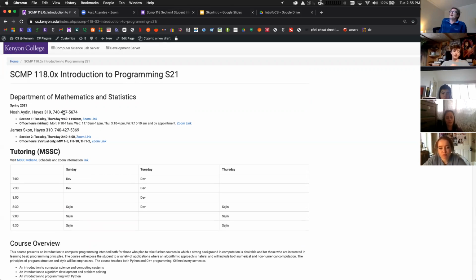You're not allowed to switch just because you feel like it, but if some emergency occurs and you can't go to this class, it is possible to make arrangements to go to the other class. That's especially easy, of course, because it's a Zoom class. It's not like we run out of chairs. Another thing to note is that we record the classes and post them, so you can go back and review the course.